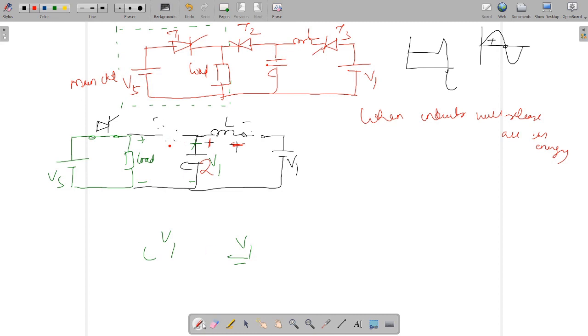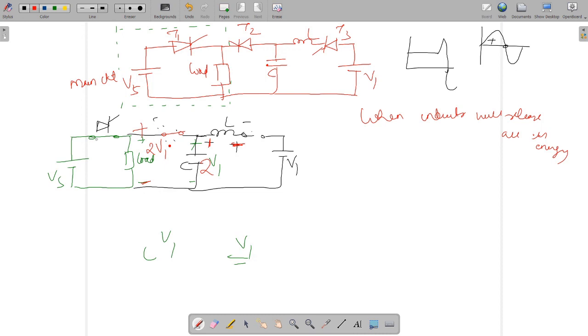So now you can replace your thyristor with the short circuit. It means your plus will come here and your negative will come here. So the entire voltage will now come across your load. So now you have twice V1. Now you can see your plus Vs will be at your anode and your twice V1, which is higher than your supply voltage, will be at the cathode. So when the higher voltage is at the cathode and the lower voltage is at the anode, your SCR will enter the reverse bias condition.